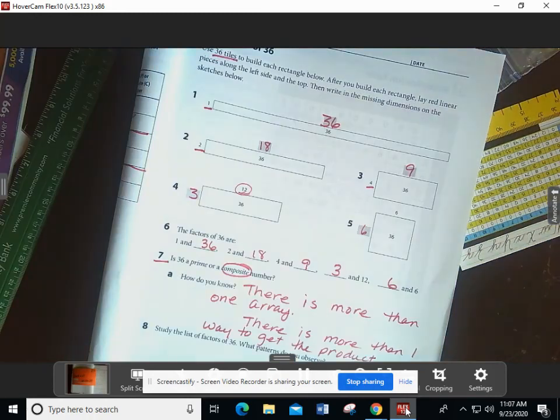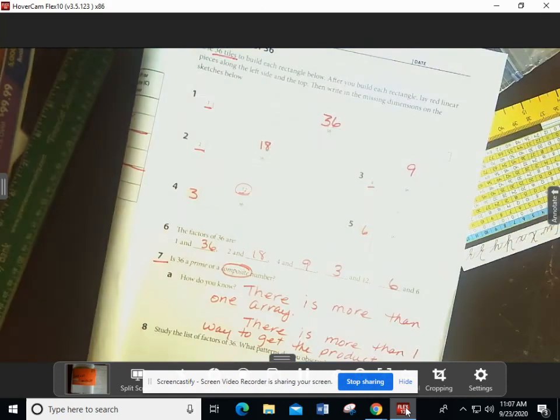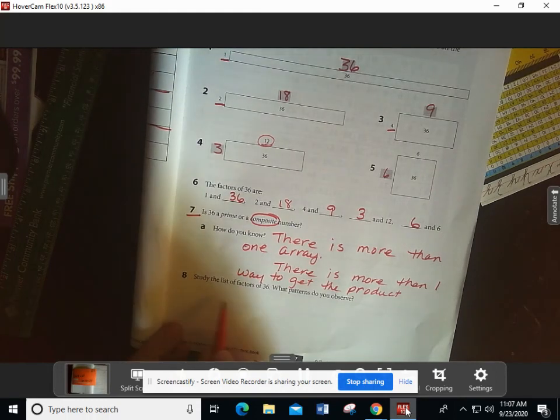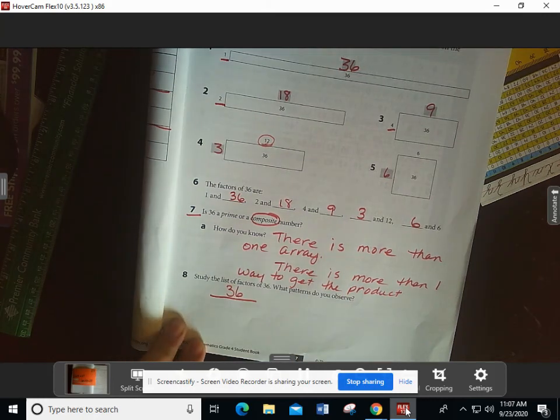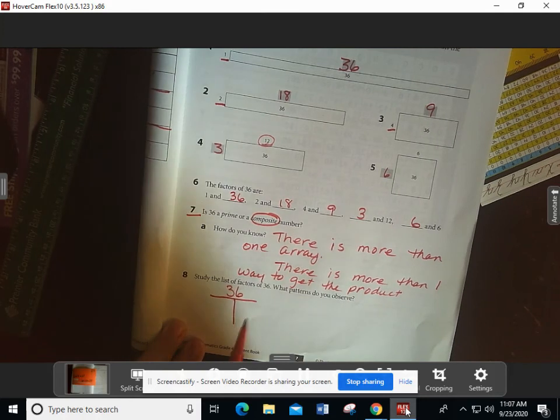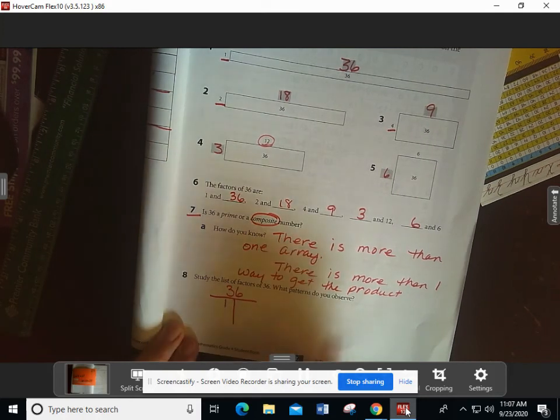Okay, now we're going to make this list on the bottom that we've been doing. So some of you that finished up early, you need to join us for number 8. We're going to make our factor table. We put 36 on the top. We're making our factor table. And notice how we do this. 1, 36,